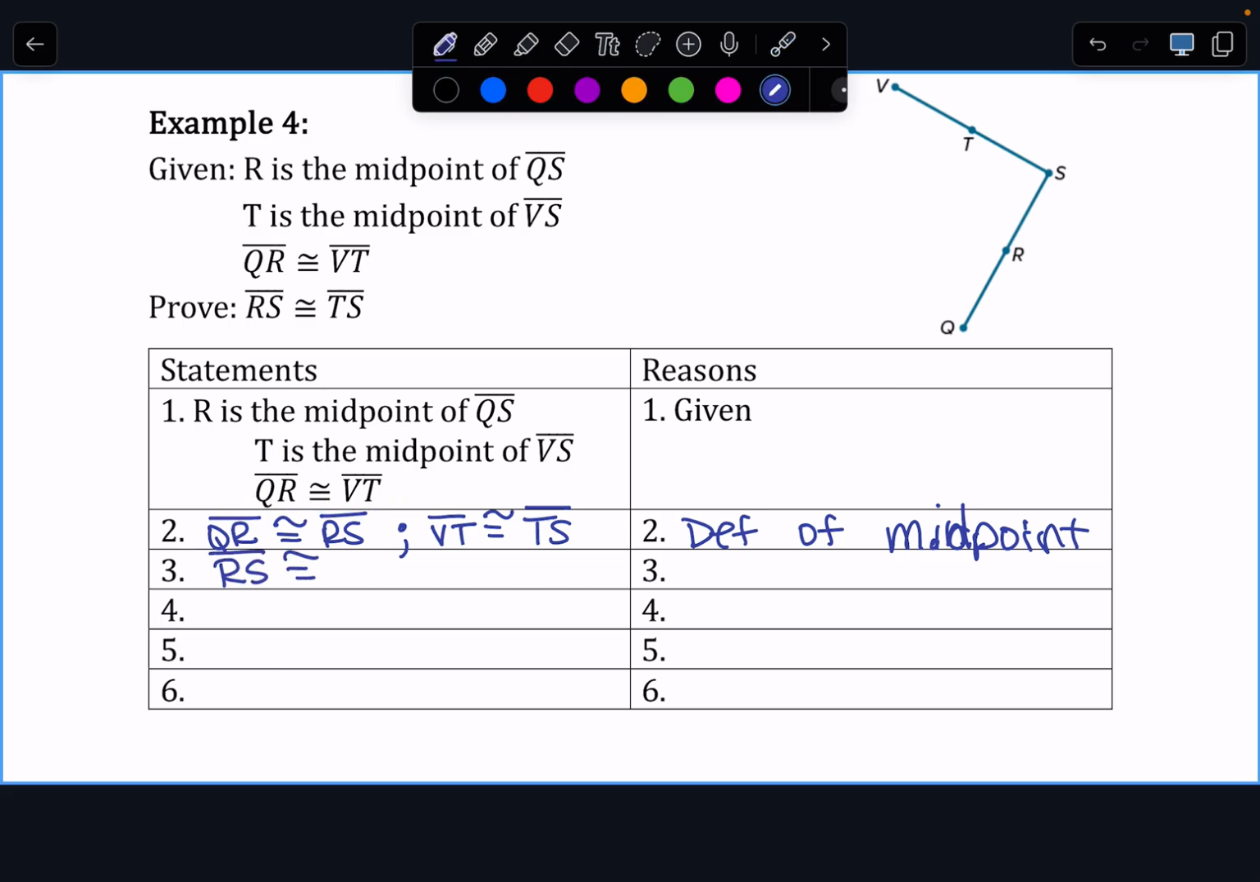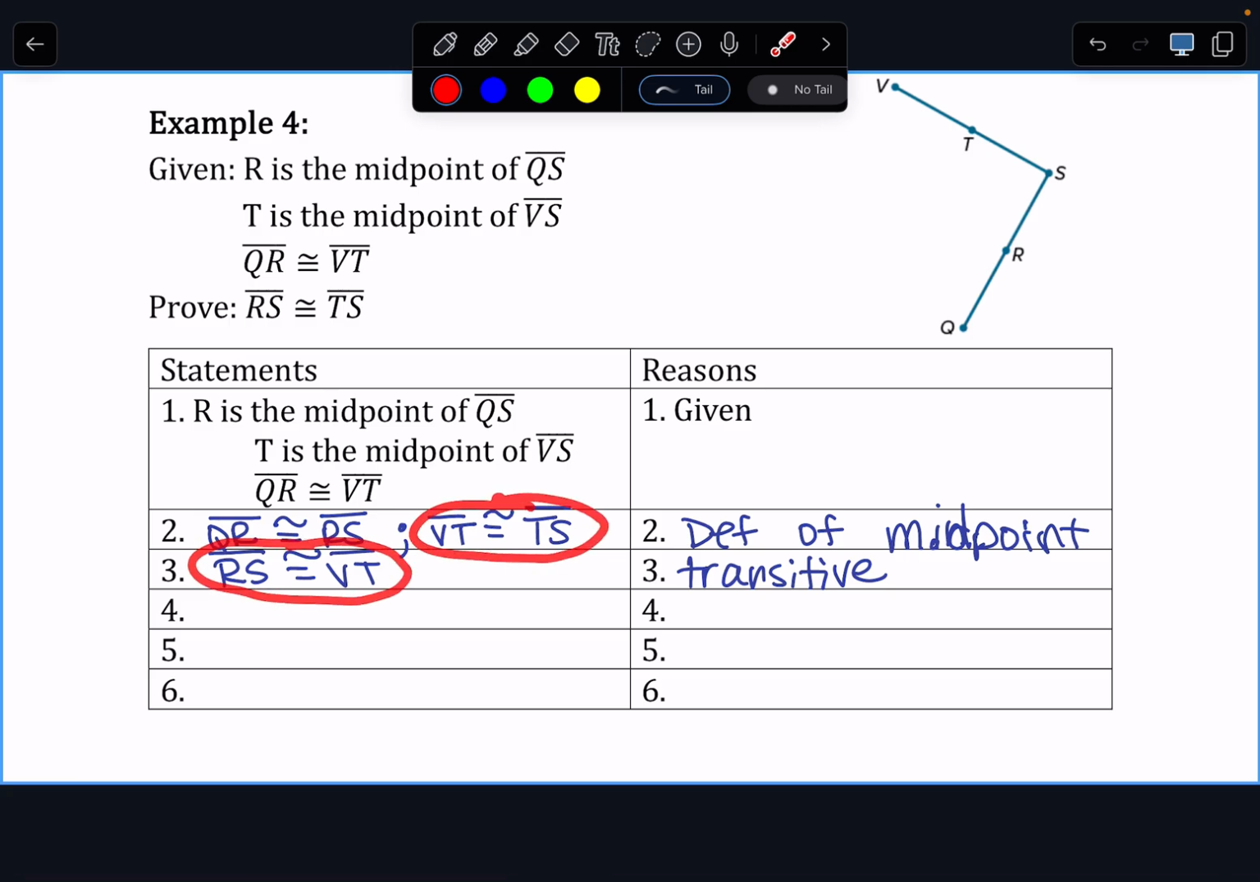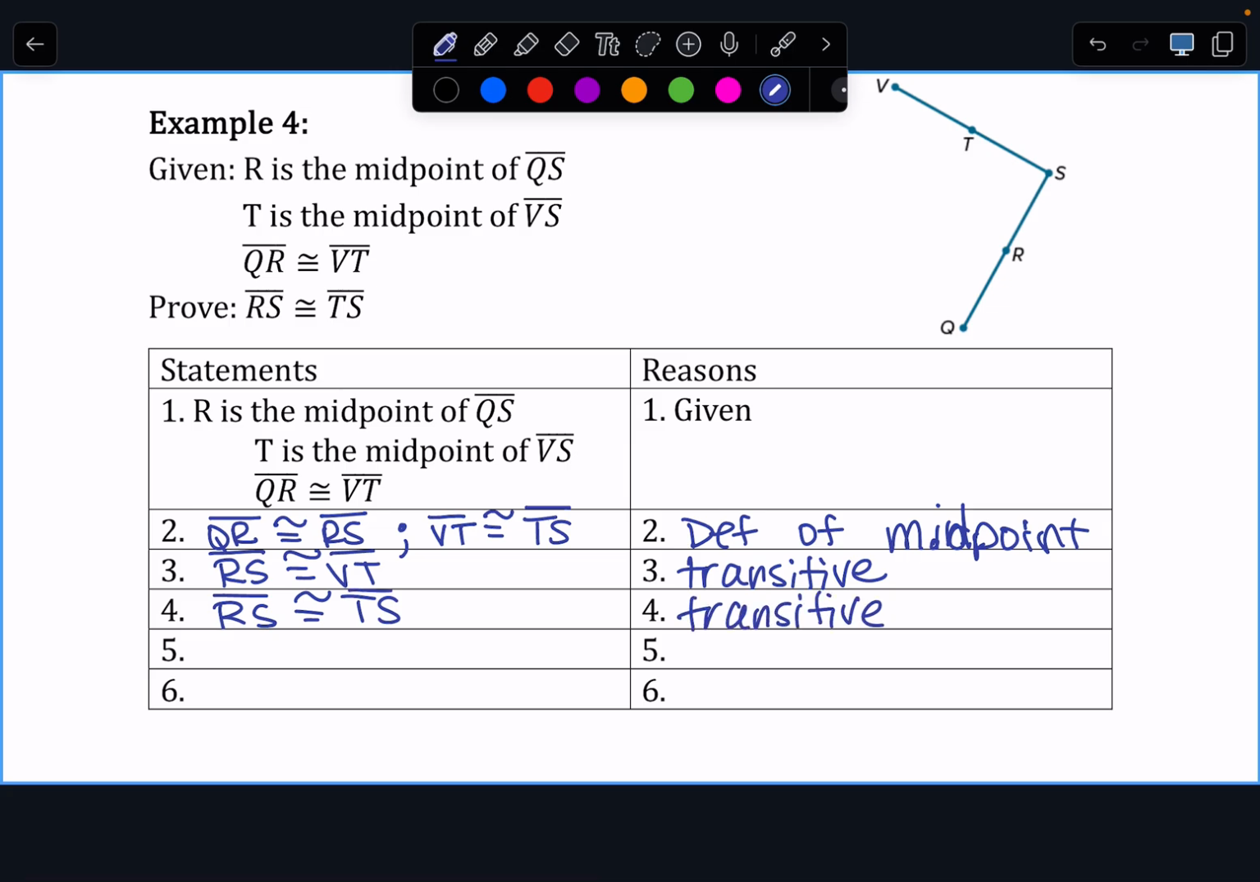Okay, hey, question. If QR is congruent to VT and QR is congruent to RS, what can we say? RS is congruent to VT, because of the transitive property? Now look at this, you guys. RT is congruent to VT and VT is congruent to TS. So can we go RS to TS? Boom. So transitive or substitution for 3 and 4. And you guys, we're done. No, we're not. We have to, oh,